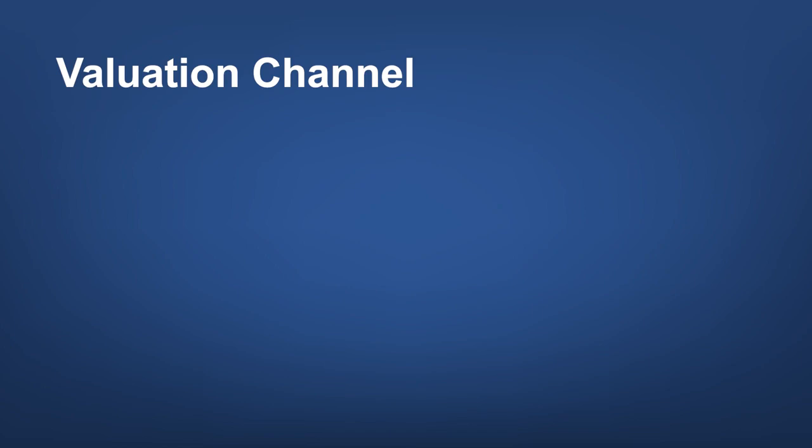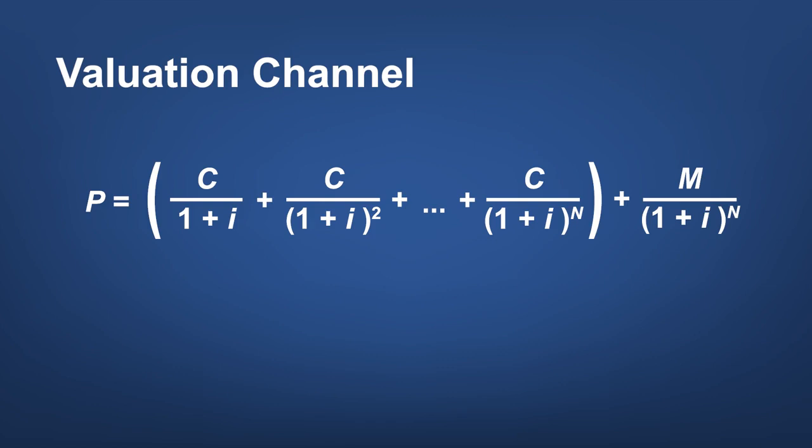We can also connect interest rates to the valuation of our bank. To understand how this works, let's start with the pricing of a bond. This is a bond that pays a fixed coupon each year and then some lump sum at maturity. The market value of this bond is given by this formula. It takes those future cash flows and discounts them back to the present day using the interest rate.